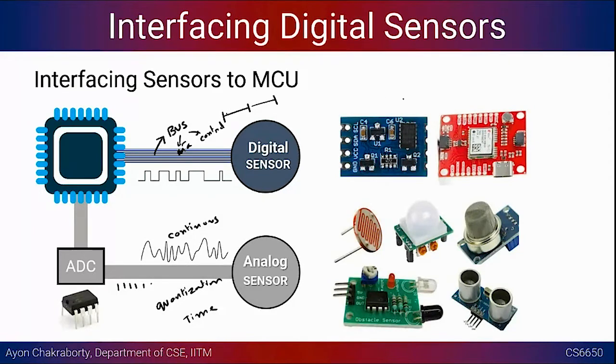On the top we are showing two sensors which are basically digital sensors. One of them is using an I2C bus, another one is using an SPI bus. And why different kinds of technologies, different kinds of interfaces? This is also due to historical reasons. Different companies, Motorola or Intel or Philips Semiconductor, like NXP, came up with different kinds of protocols because of their own devices. And later they got standardized.